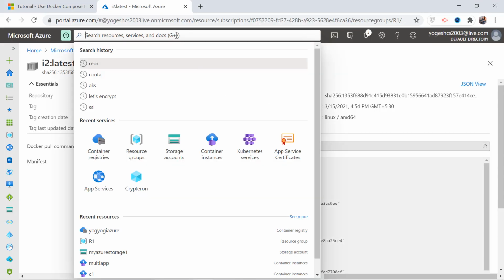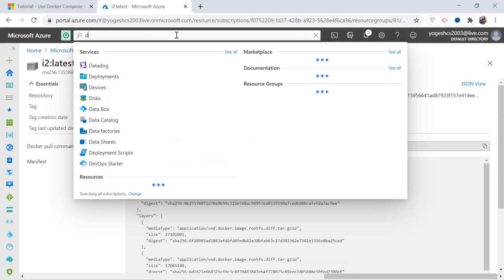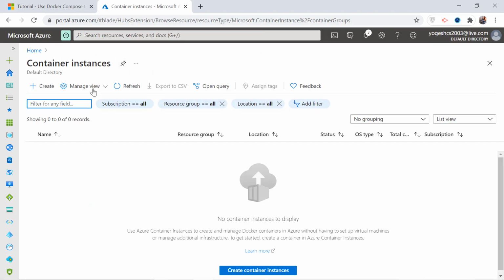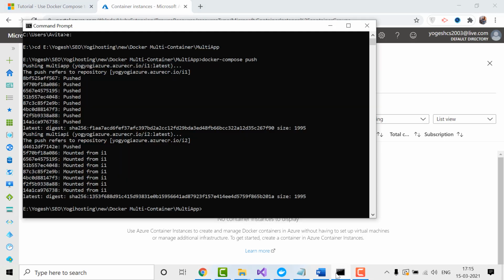Now open Azure Container Instance on your account. There will be no containers right now since you haven't created any containers. I will be creating containers for my app using Azure CLI, which we have just downloaded. So open the command prompt and enter